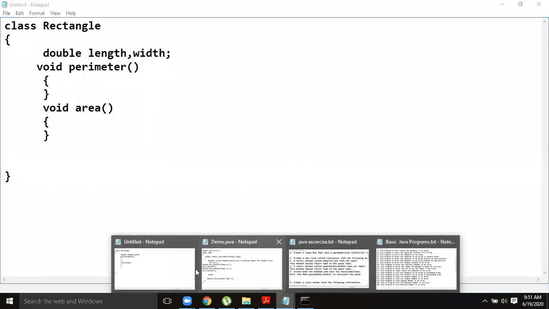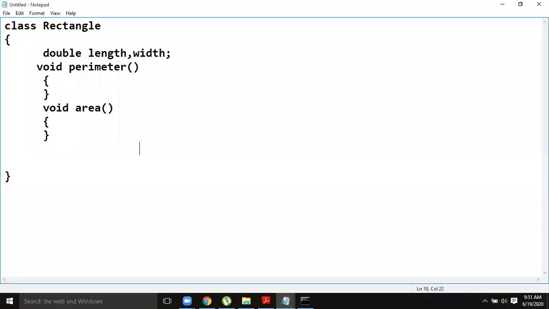So one is class, the other is object. So for this class, I can create any number of objects. To perform interaction between classes, I just need object and class now. The next thing is abstraction. Abstraction means what?